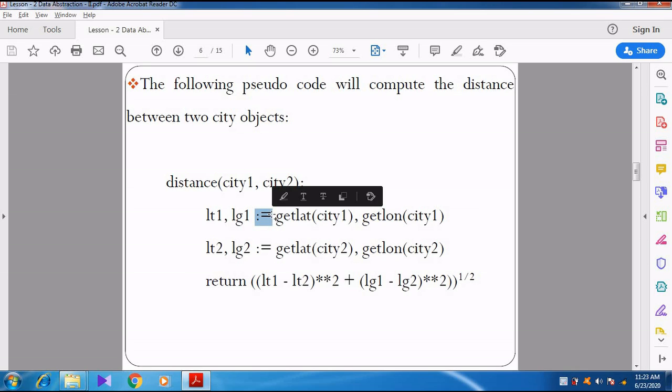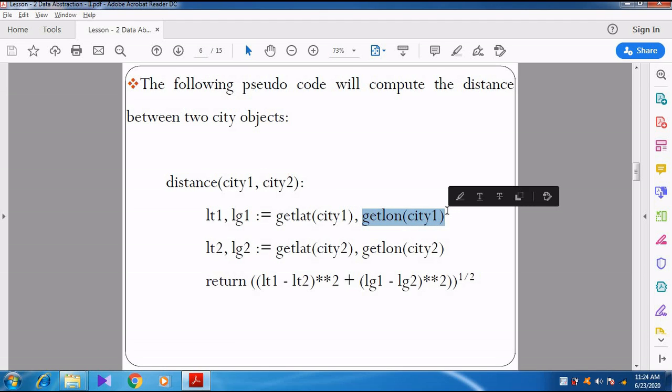This should be called assigned as or becomes; we should not call it equal to or colon equal to. So get latitude of city 1 is assigned to LT1, whereas get longitude of city 1 is assigned to LG1. The same thing happens in the next line.